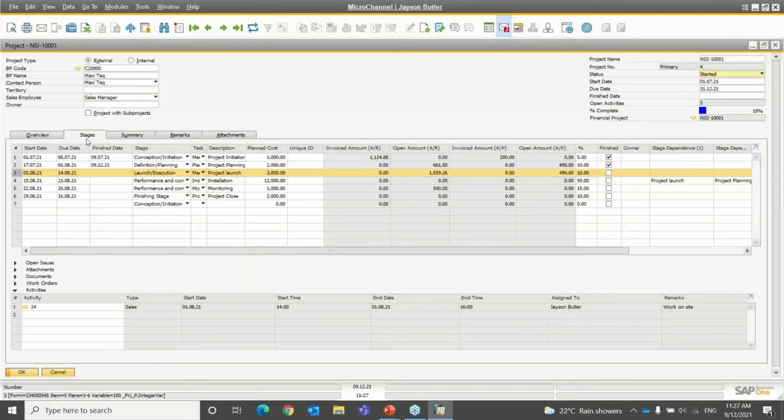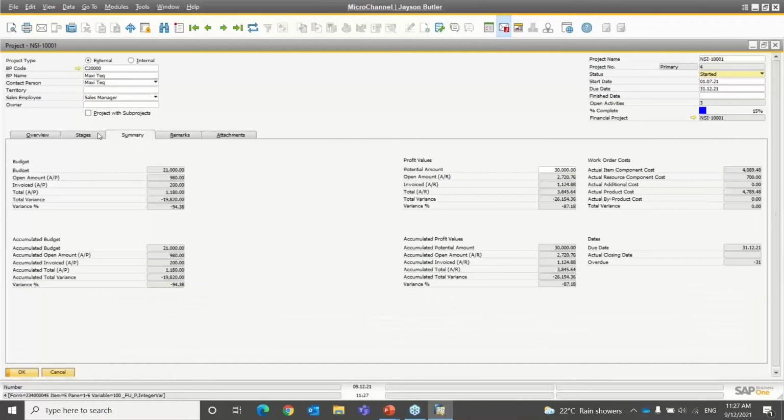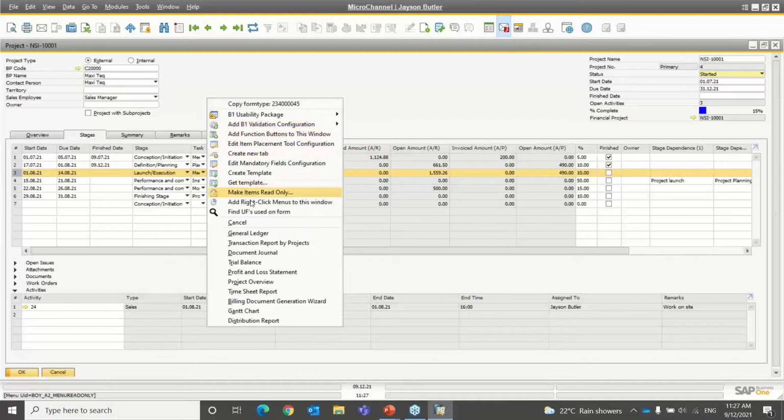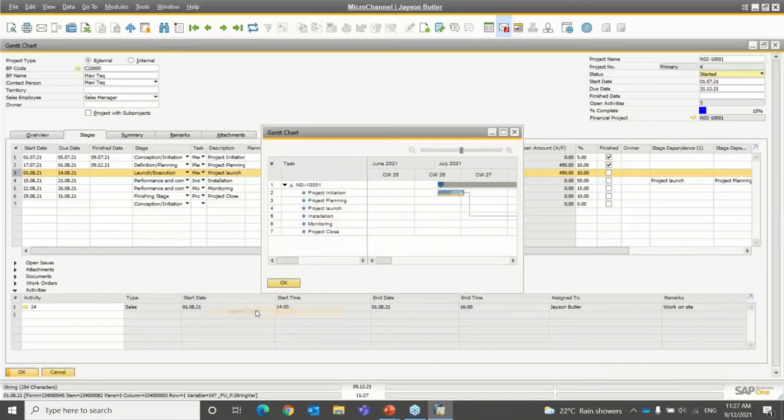So yeah, the main areas that you'll be using on the projects are the stages and the summary. The summary is more for viewing the position, and the stages is where you perform most of the tasks. Once you've defined your stages at the beginning, you can also view this information in a Gantt format. So if I go in and have a look at the Gantt chart,